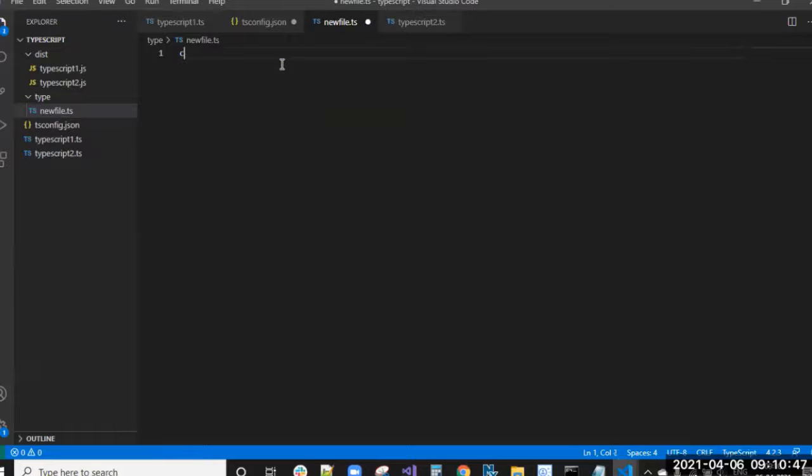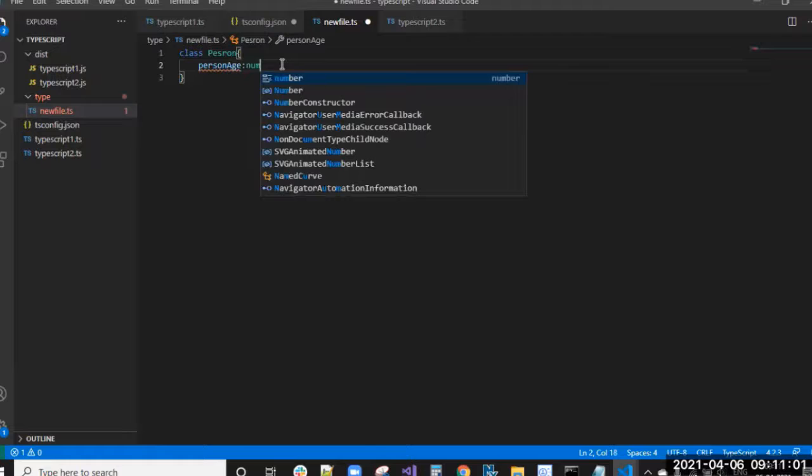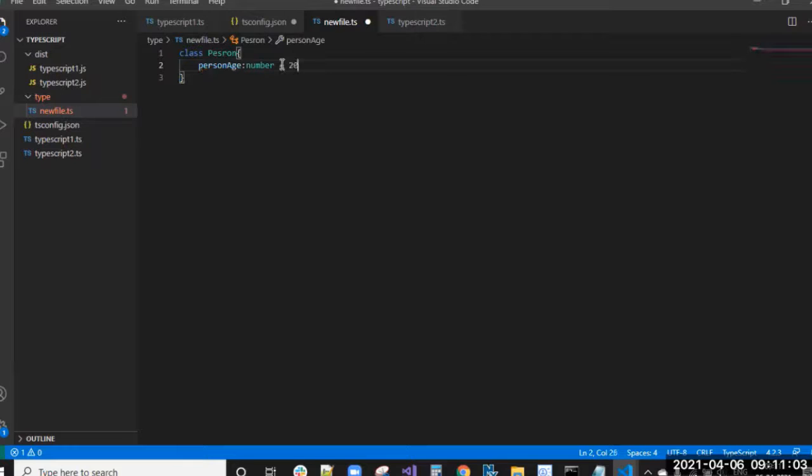Here nothing is there, so a simple class: class Person, with age as a number equal to 20, a constructor, a simple function getAge, and console.log of this.age.